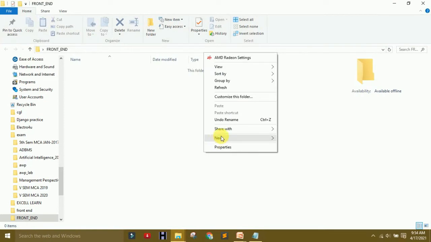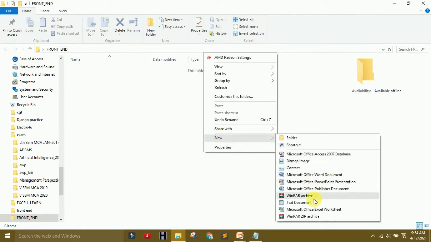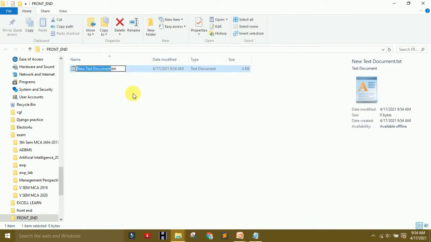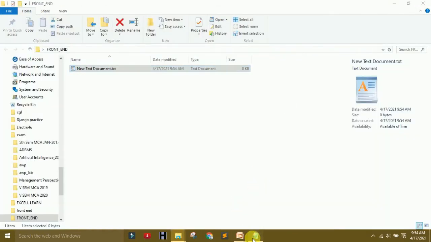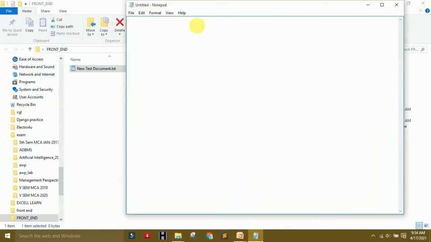In this front end we make a text editor, means a new file. I will create it here. Why? Because for understanding, that is the text file, right? In this text file we will make a web page. First use the doctype.